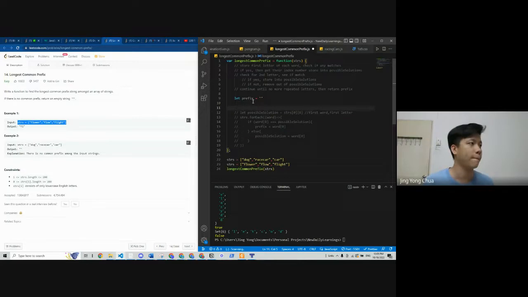Try again. So this time what we want is we check and see split and splice and slice. String.